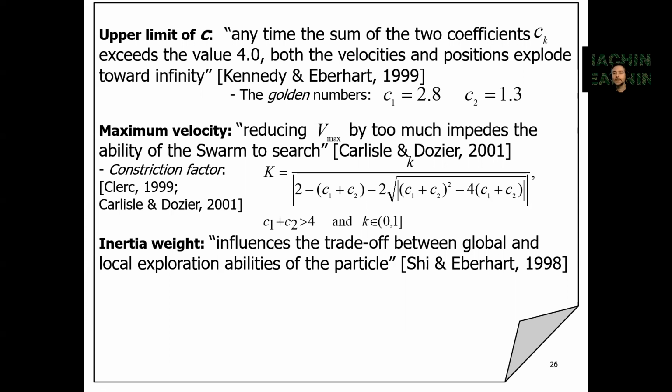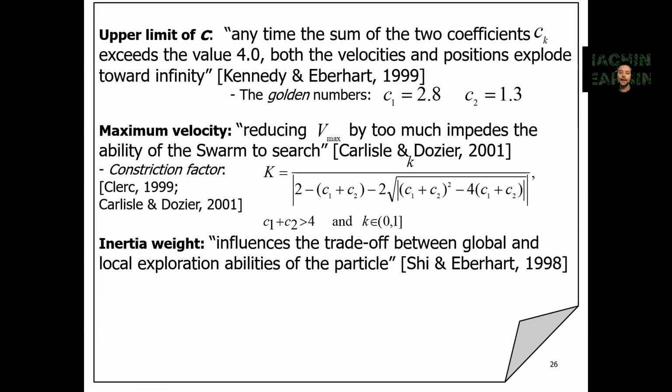In general, the advice is for the sum of these two values to be no bigger than 4, and that guarantees the stability of the algorithm. There has been some theoretical analysis, and people have introduced a parameter called constriction factor, which manages to automatically tune depending on the value of